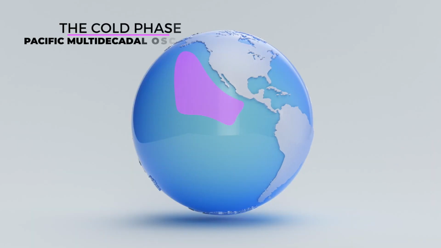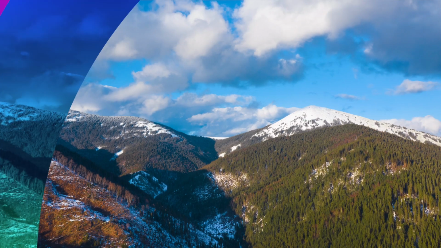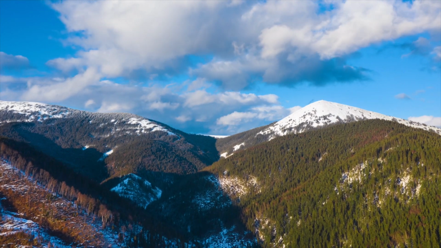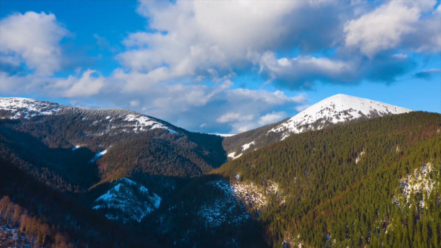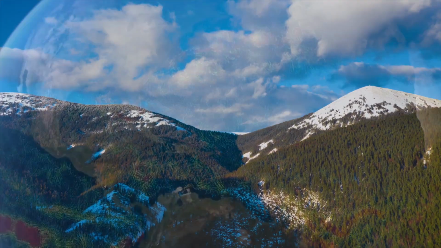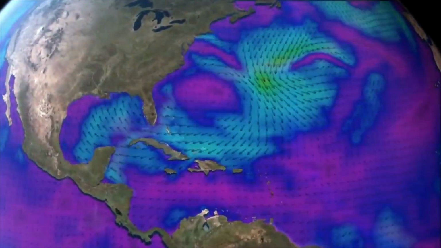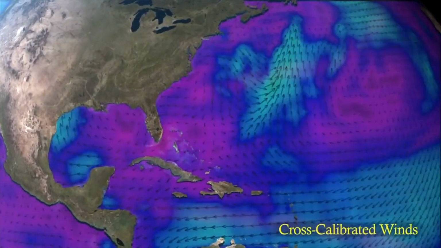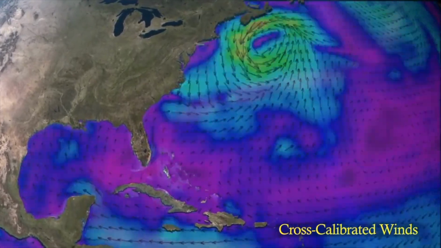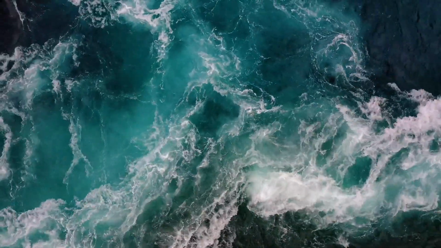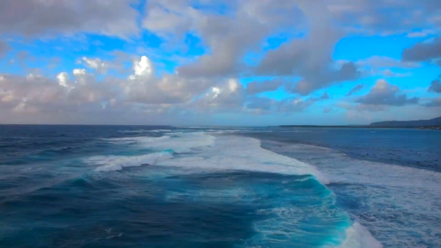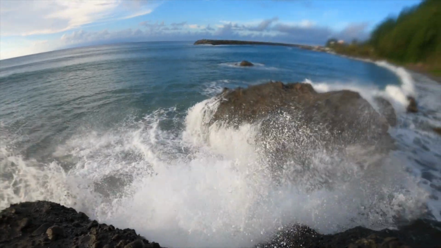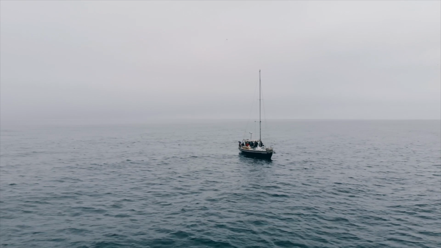Likewise, the cold phase of the Pacific decadal oscillation can bring warmer winters, with less snow across much of the United States. We don't fully understand how these warm and cold pools of water develop or what causes them to eventually change. The oceans are turbulent and chaotic and so complex that computer models are incapable of properly dealing with how much they affect the weather patterns.